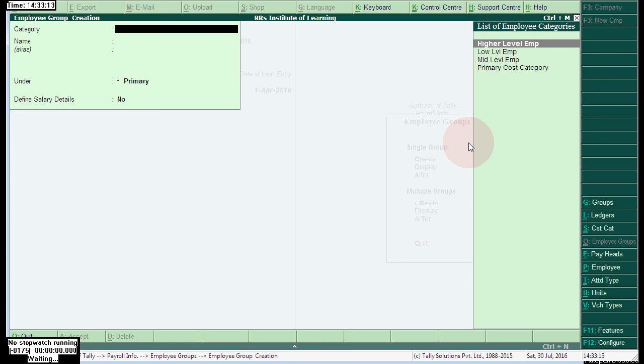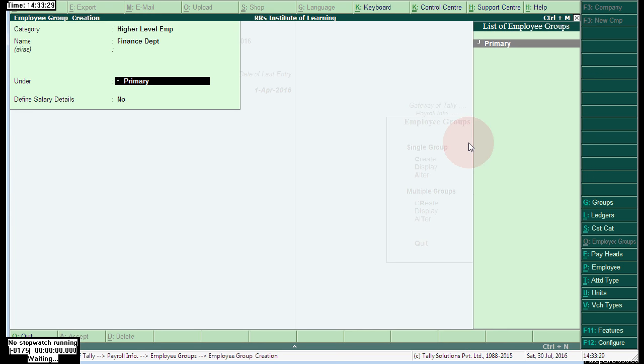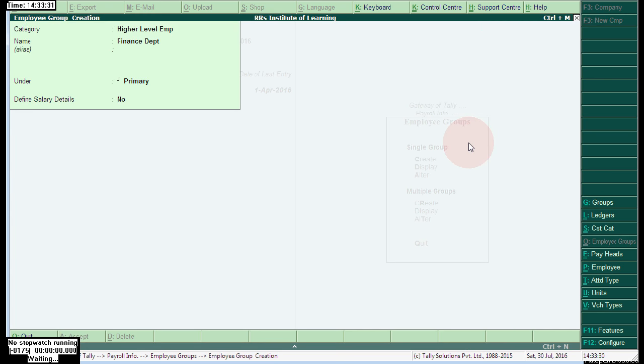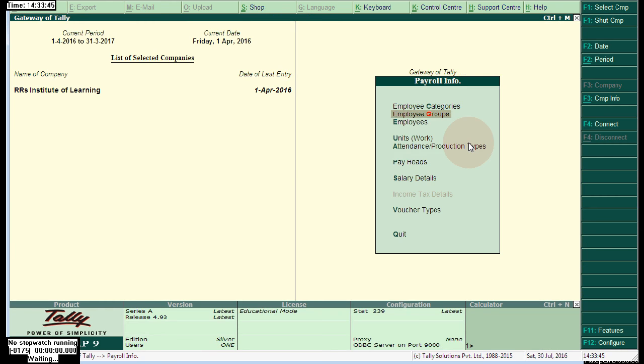Here I'm going to press escape and then employee groups. Here I'm giving high level employee categories. Here I'm giving finance department. Once press escape, next come here